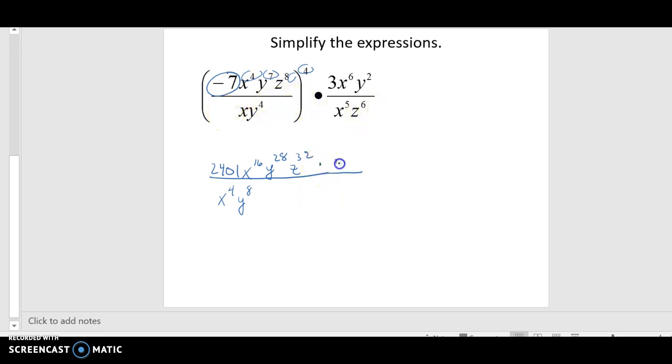But I still have that 3x to the 6th, y to the 2nd, over x to the 5th, z to the 6th. So now I'm going to multiply up top, multiply down bottom, and then I'm going to reduce. So 2401. Now remember, when I multiply these x's, I'm going to add the exponents. So it'd be x to the 22nd, y to the 28 plus 2 is 30, and then z to the 32nd. But I forgot to multiply 2401 times 3. So this is actually going to be 7